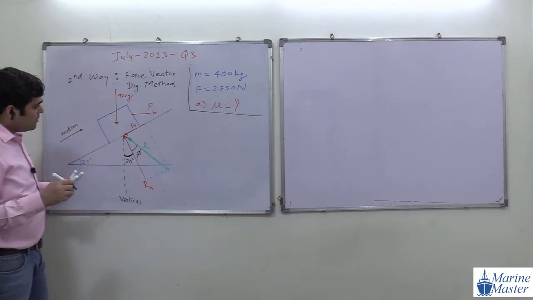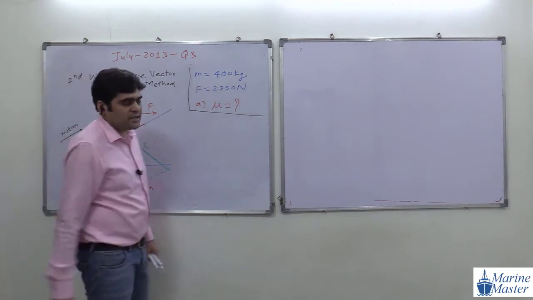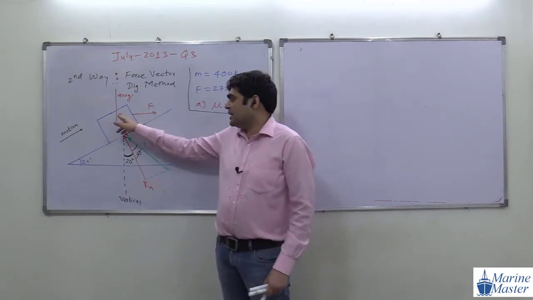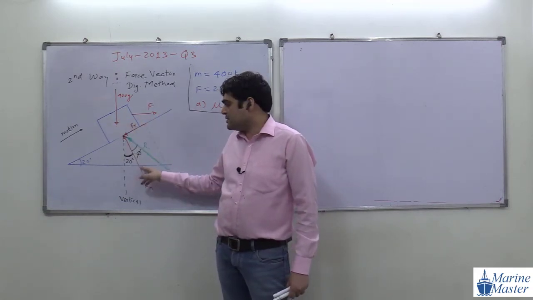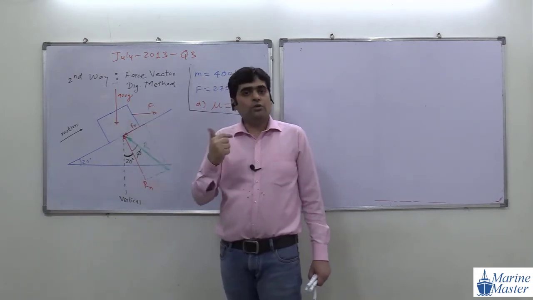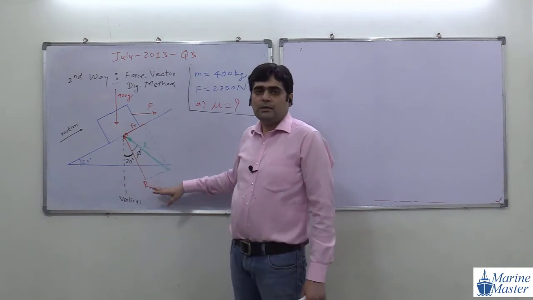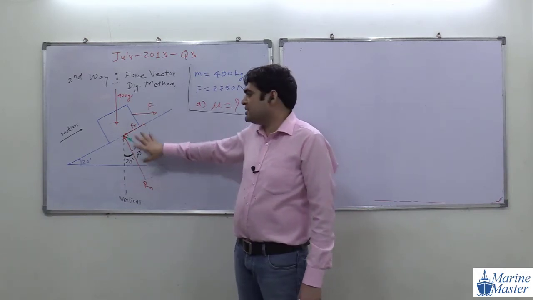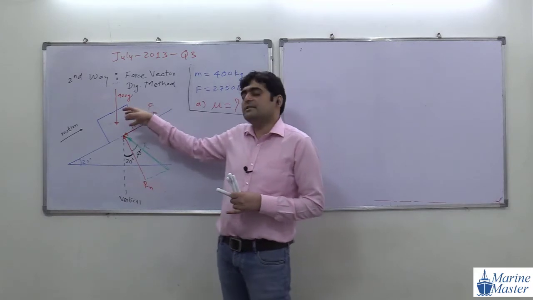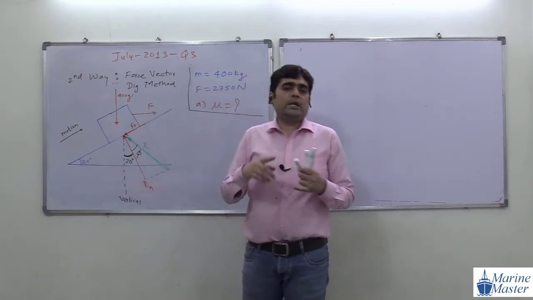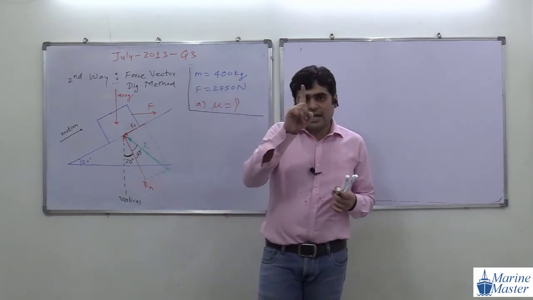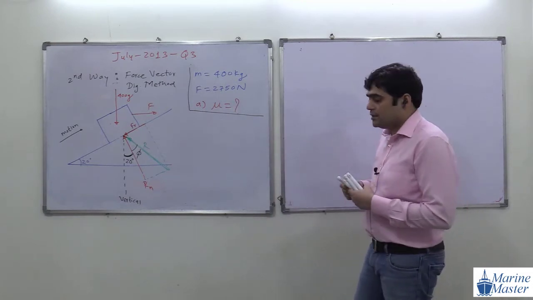Now at the end, how many forces do we have here? Three. First is F, second is 400 G, and these two forces we replace by R. So the three forces are 400 G, F and R. Here we are assuming it is a concurrent force system. Though it is not concurrent, we assume the object size is very small, so we can assume it as concurrent. If a coplanar concurrent three-force system is in equilibrium, then these three forces will form a closed triangle.